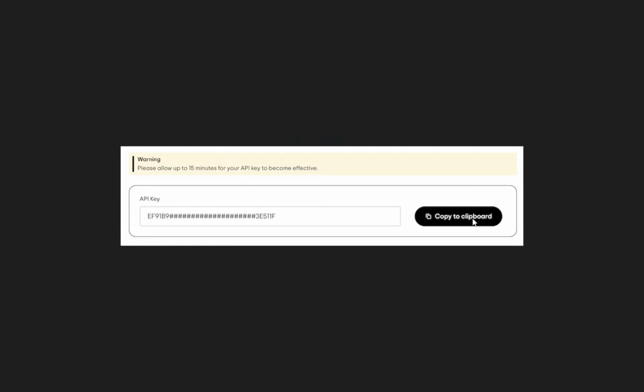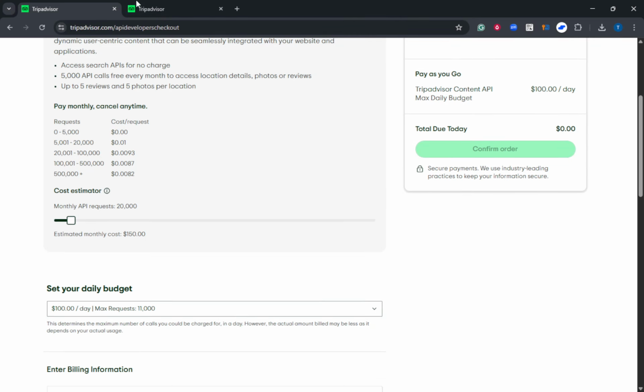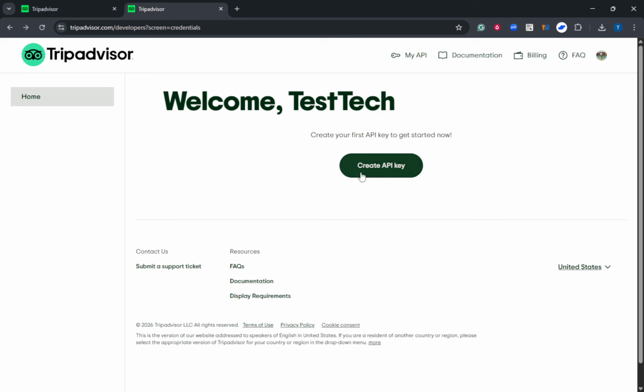That's it. You've visited the developer site, signed in, generated and restricted your key, stored it securely, and learned where to include it in